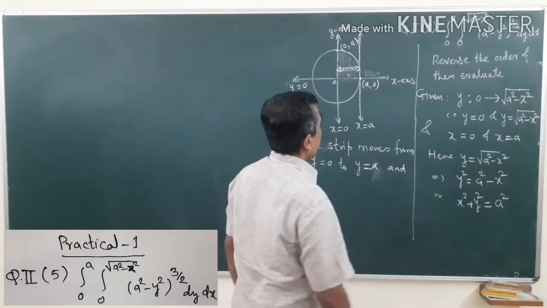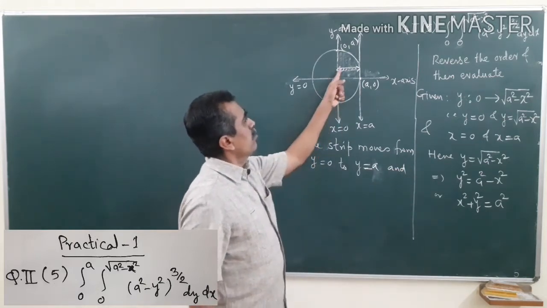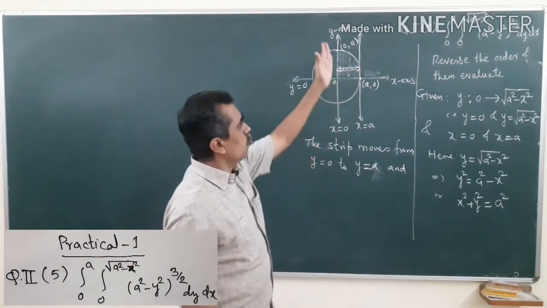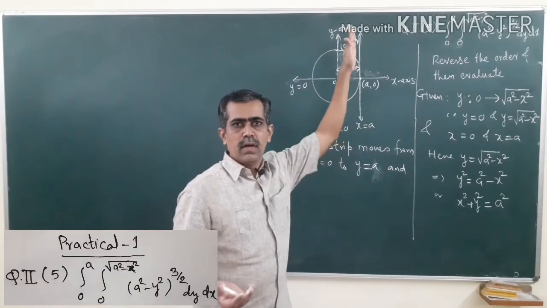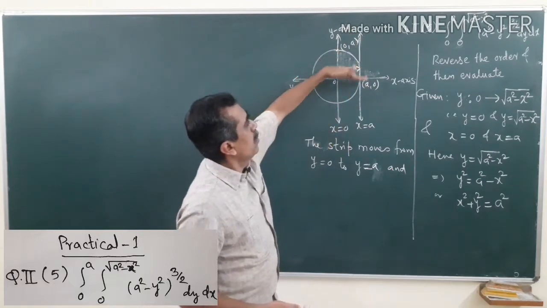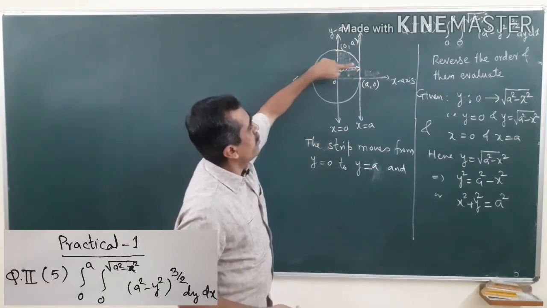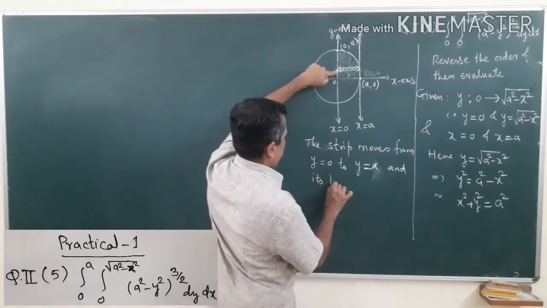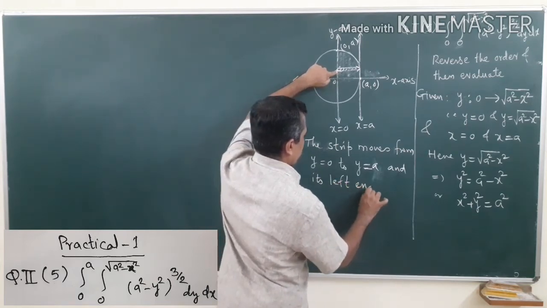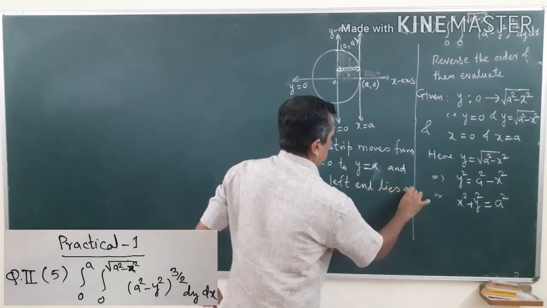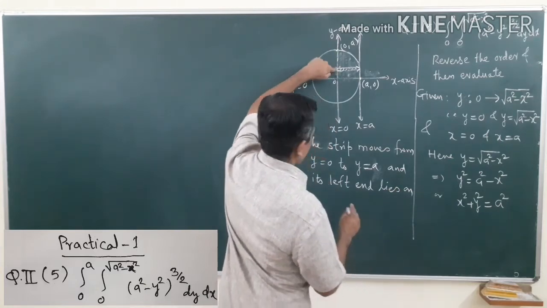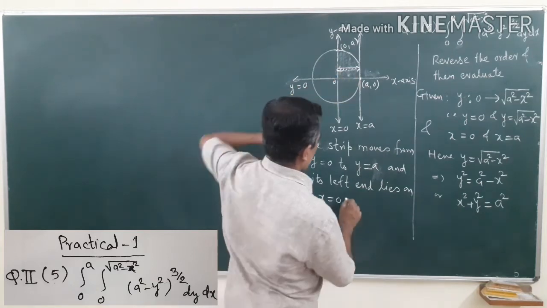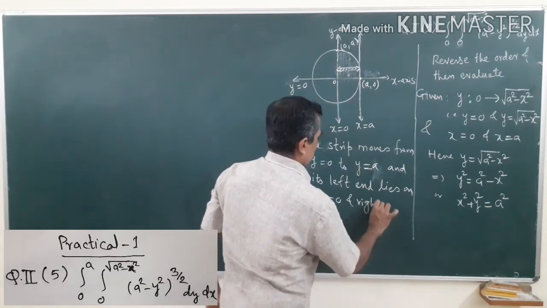And now to find the limits of x, see the left end and right end of the strip, or lower end and upper end. Here there is no lower, because for a vertical line you will have lower end, upper end, but here the strip is horizontal, so it has left end and right end. So its left end lies on this line. What is the equation of this line? X is equal to 0, and the right end